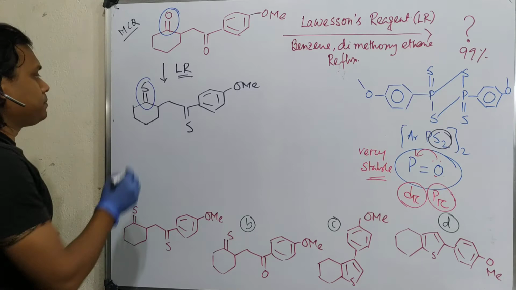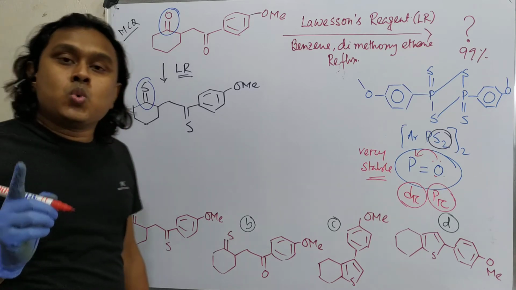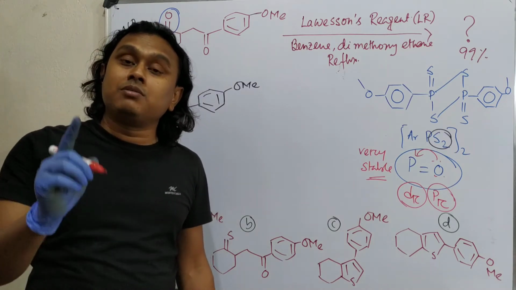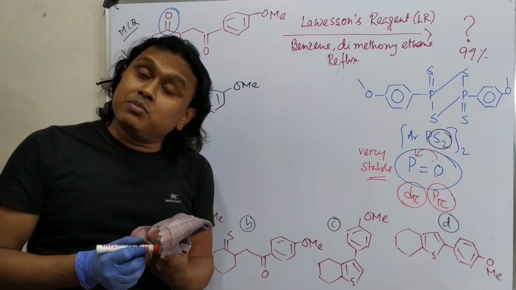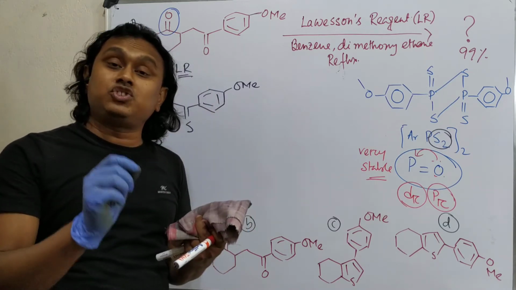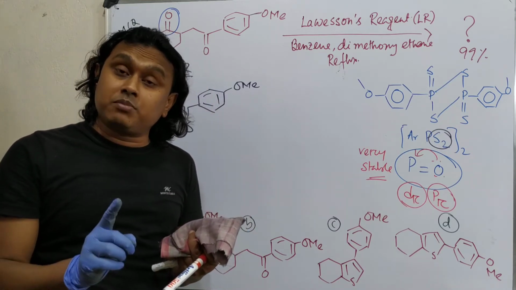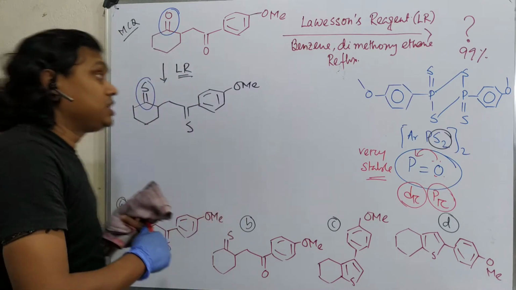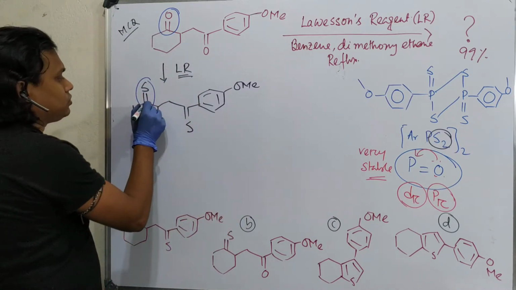Now, interesting thing, look at it. By the way, please remember, a 1,4-dicarbonyl compound is a source of 5-member heterocycle. I have already given a dedicated lecture on the preparation of 5-member heterocyclic compounds. Please visit if you have any difficulty.